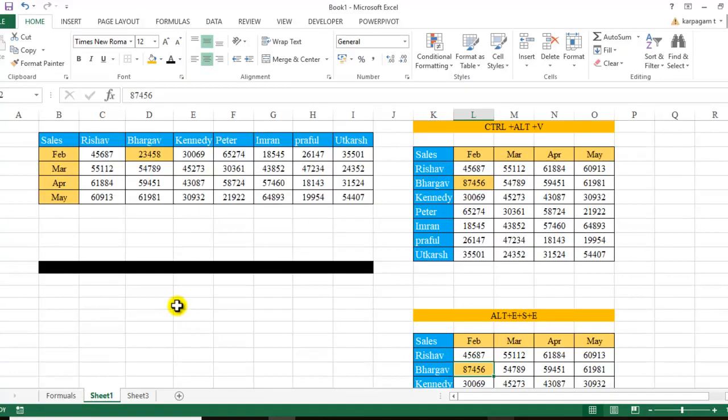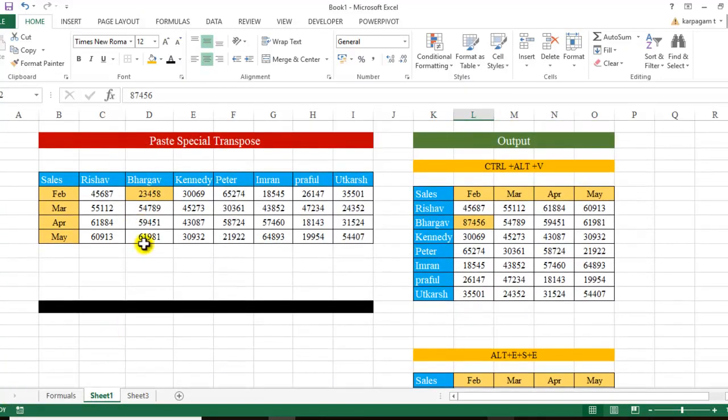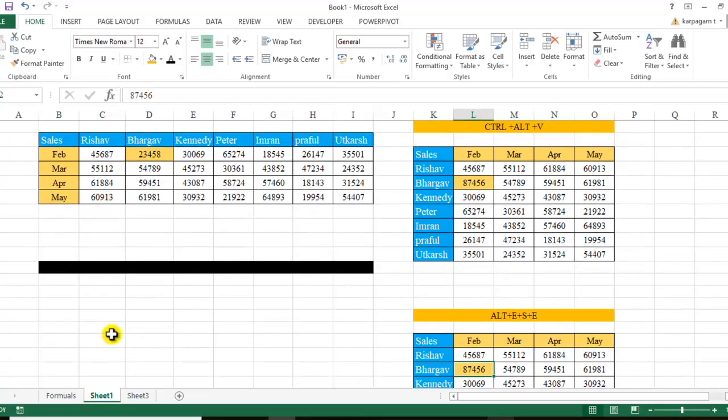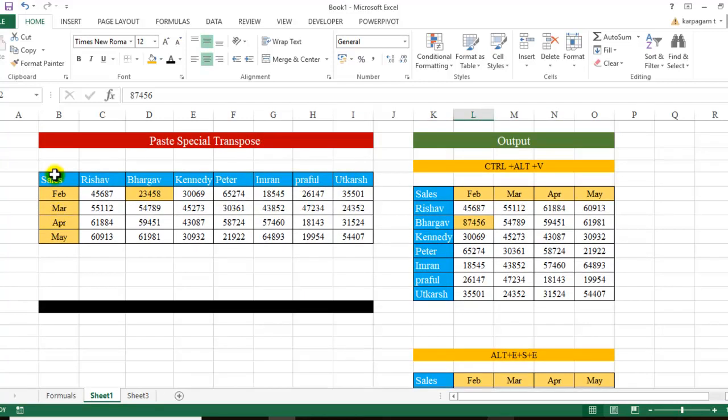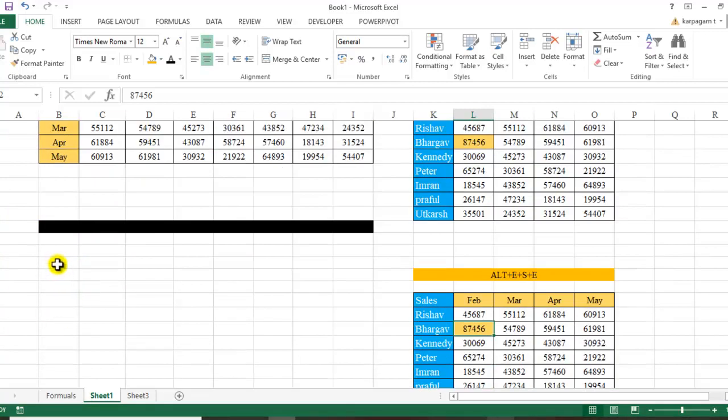You have to be a little careful with the advanced transpose function. As of now, how many columns do I have? 2, 4, 6 and 8 columns and 5 rows. When we transpose it, the rows become the columns and the columns become the rows. So I need 5 columns and 8 rows. Okay, so I'm just going and choosing 5 columns